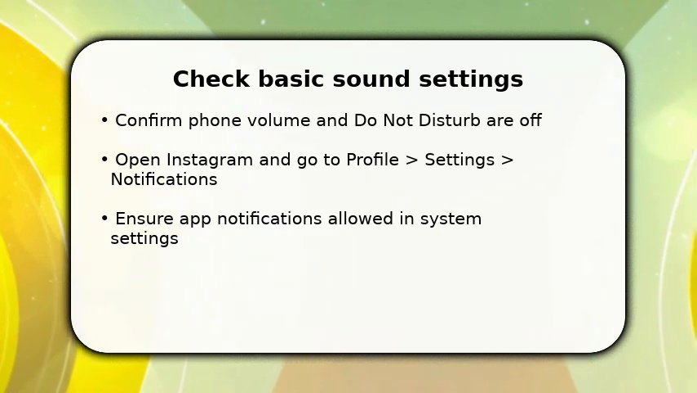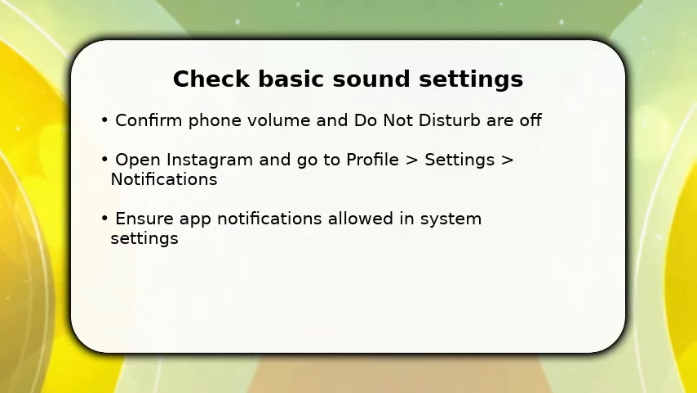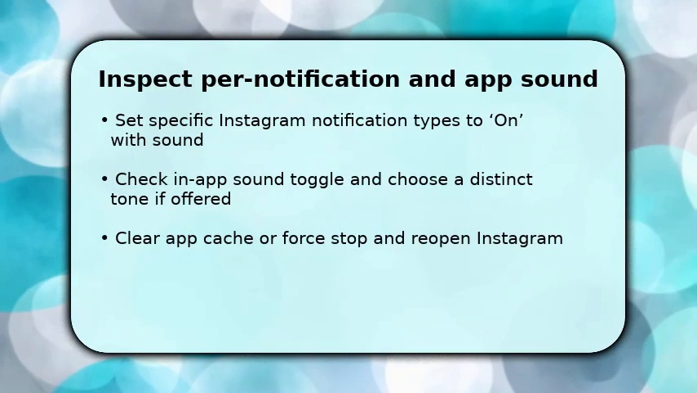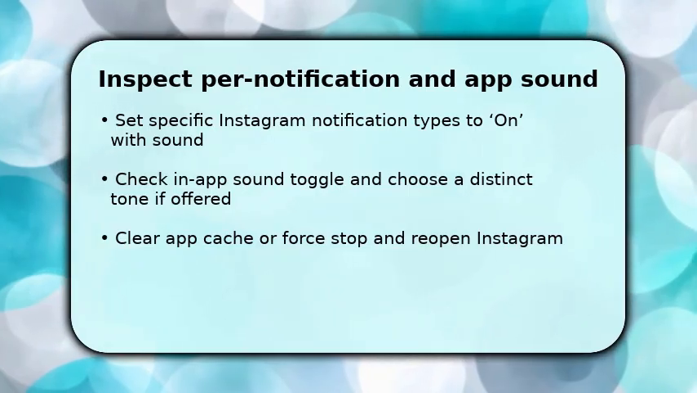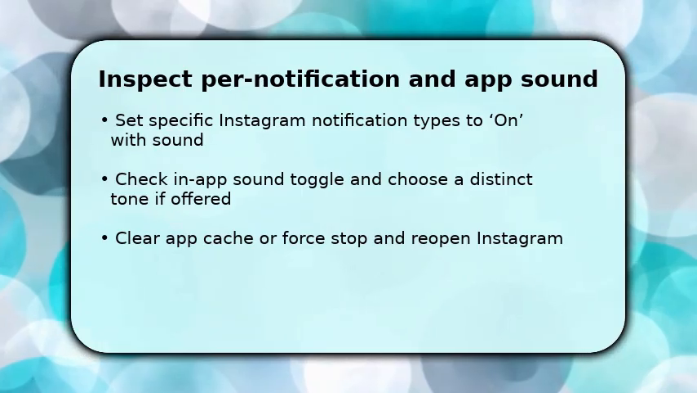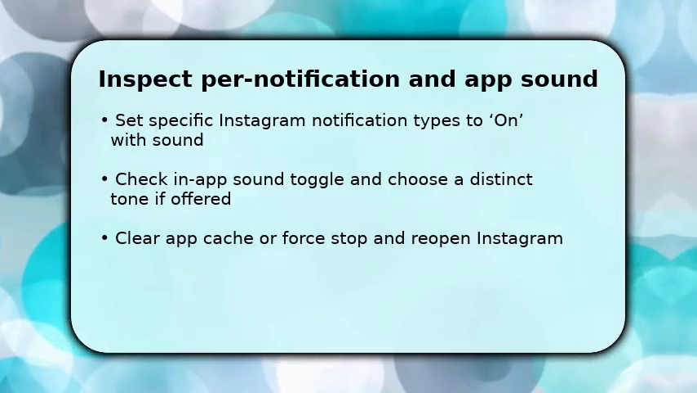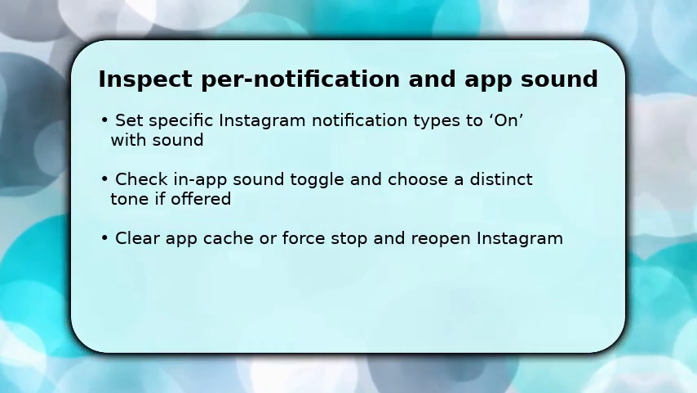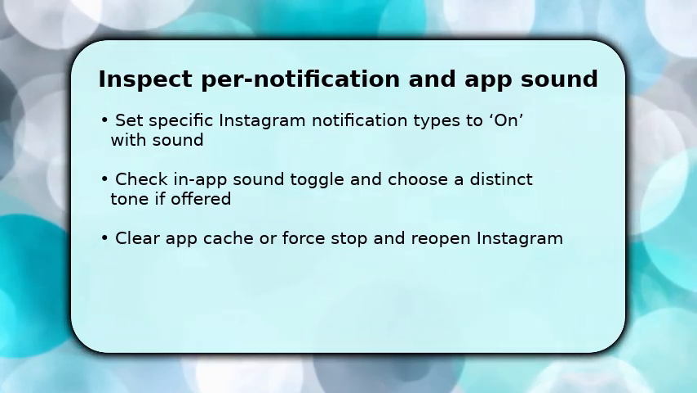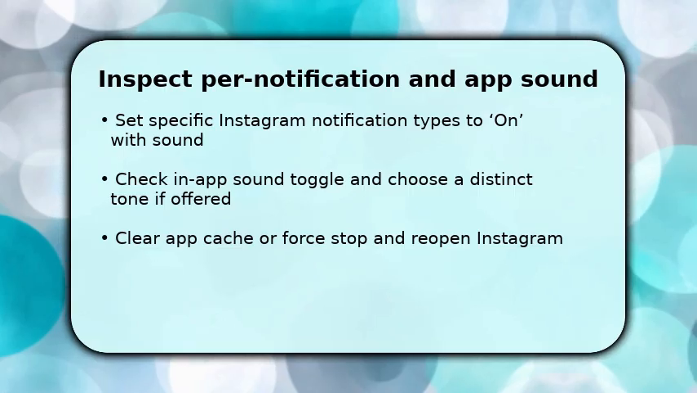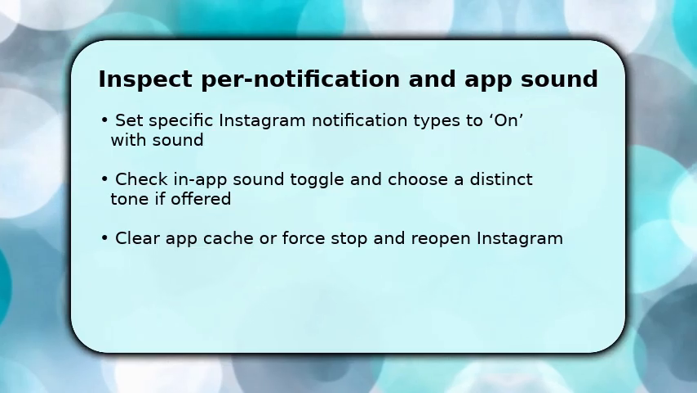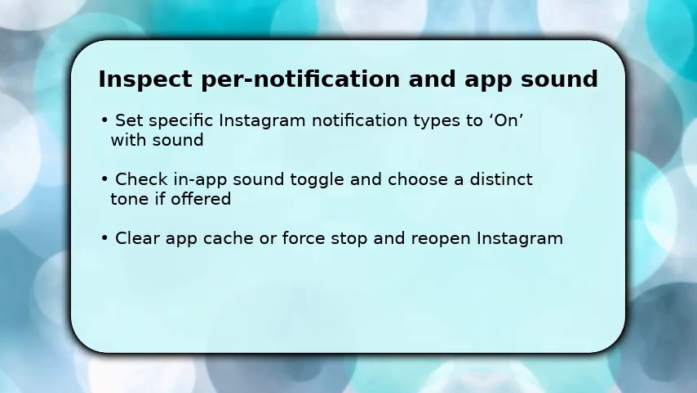Now you look at Instagram's internal settings and system sound mapping. Enable the specific notification types you expect. Messages, comments, live, each can be toggled independently. If Instagram offers an in-app sound option, select a distinct tone so it won't be confused with silent alerts. Next, clear cache or force stop and reopen Instagram to apply changes. This resolves mismatch settings. If phone-level notification channels exist, ensure the Instagram channel is set to play sound and not